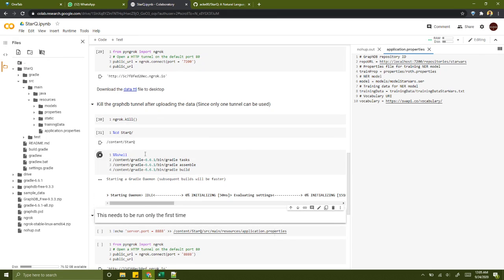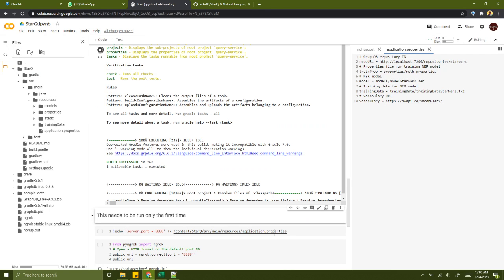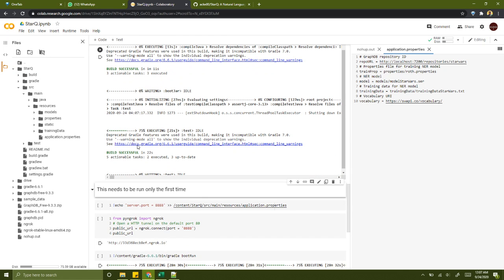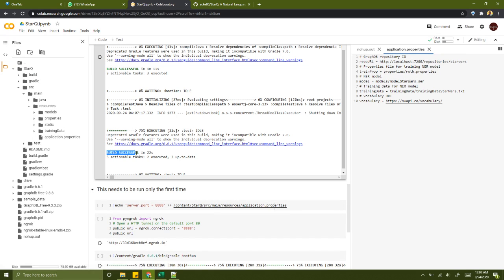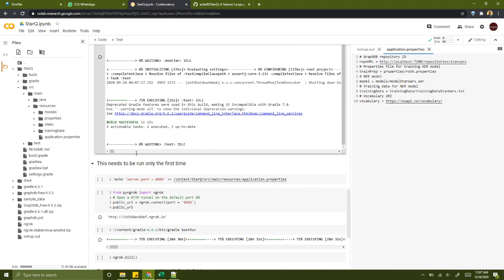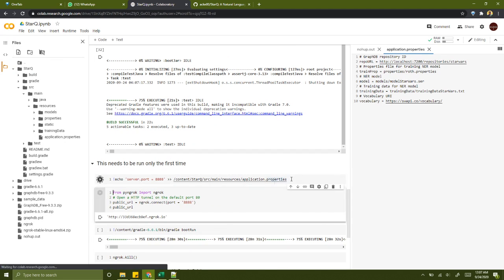So the Gradle will start, show us the tasks, and it will assemble and build. It will take some time. I'll pause now and see you after it's done. So if you're lucky enough, you will see build successful almost a dozen times, and then you can either add this line manually into this file or let me refresh. So you see it will add it here.